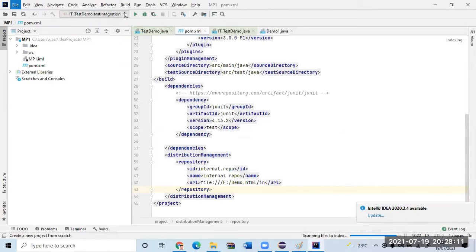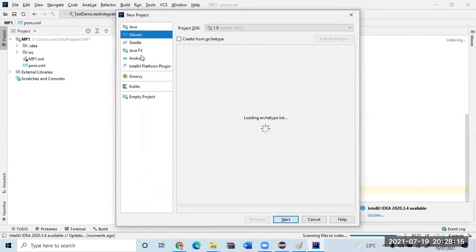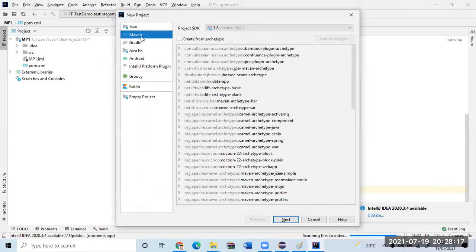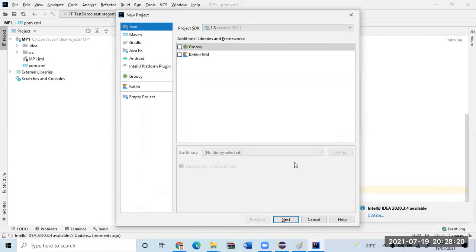File, new project. Okay, you can create a Java project, right?